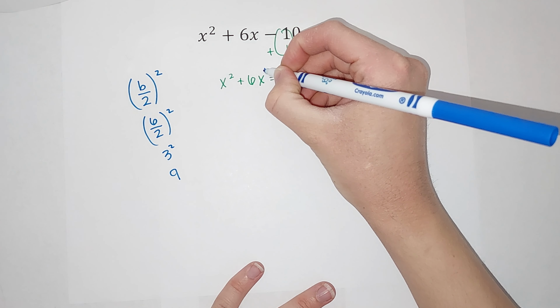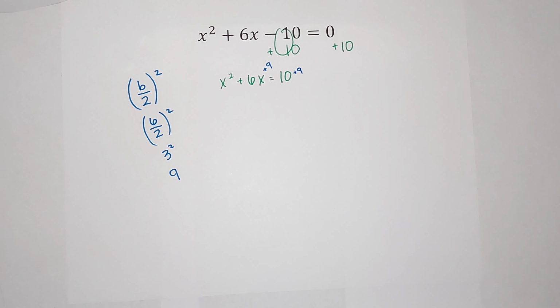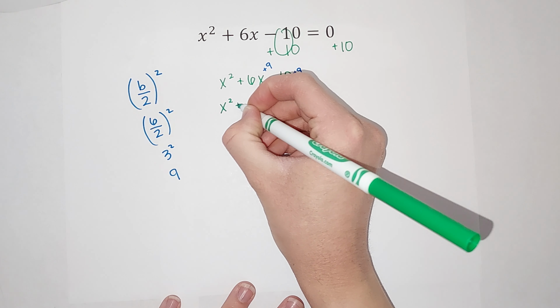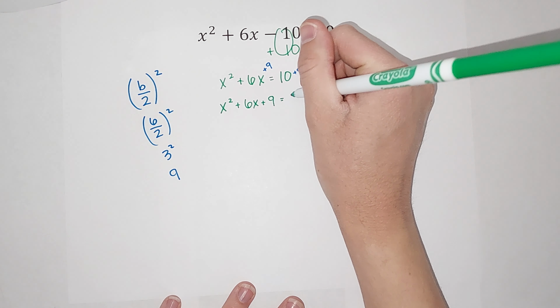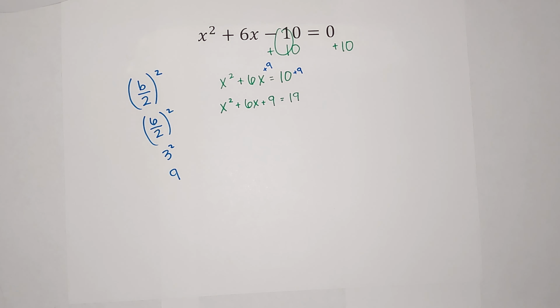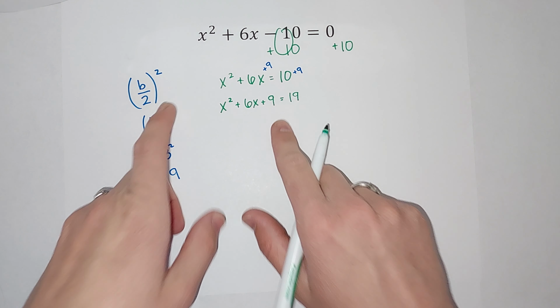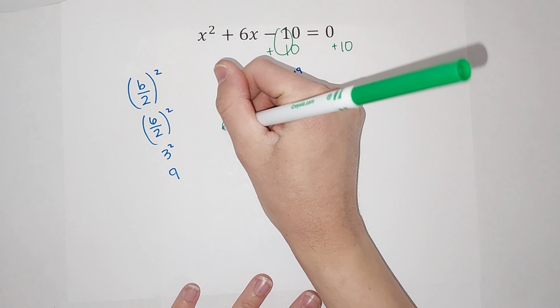So I'm going to add 9 to this side. But if I add it to one side, I've got to add it to the other to keep it balanced, right? Okay, so let's see what happens when I add 9 to both sides. I'm going to get x squared plus 6x plus 9 equals 10 plus 9, which gives me 19, okay? From here, my next step is to factor this side. That was our whole goal, right? So when I factor this, you could just go ahead and factor it the normal way. What two numbers multiply to 9 and add to 6? And I'm going to get x plus 3